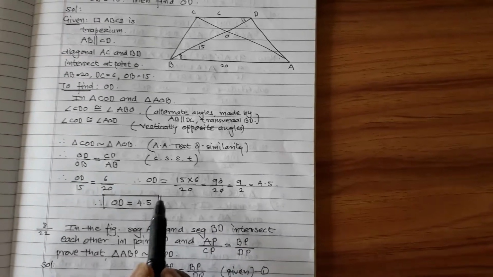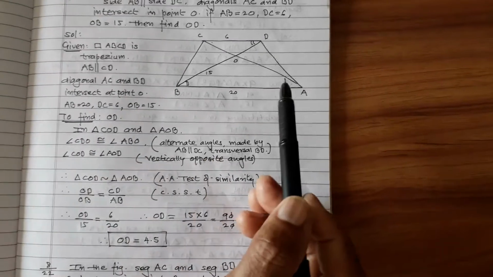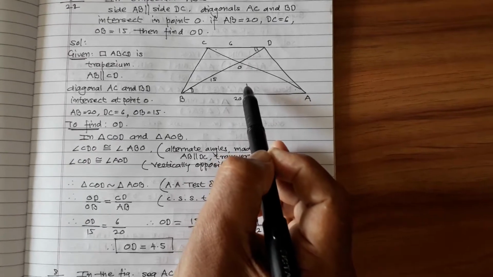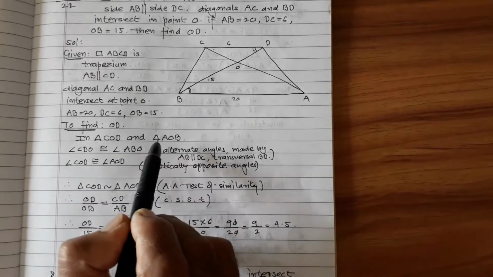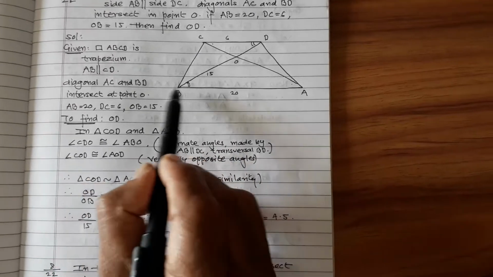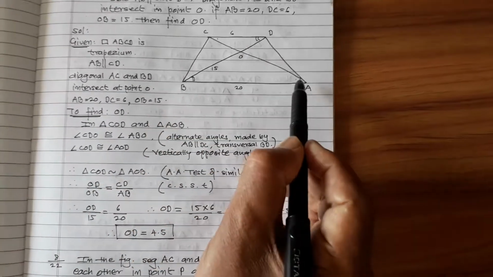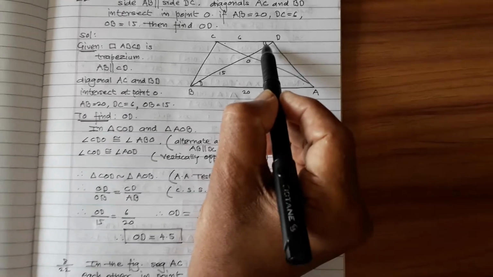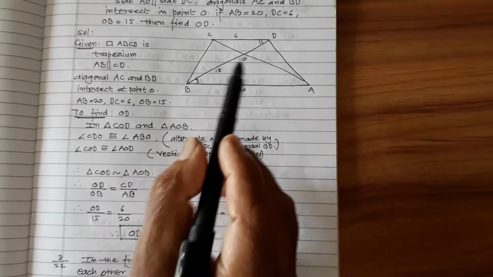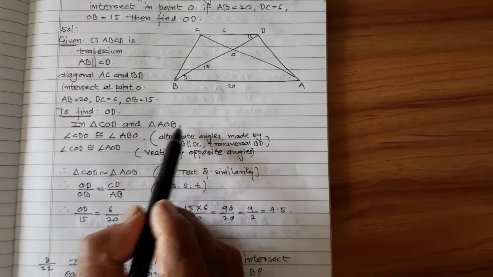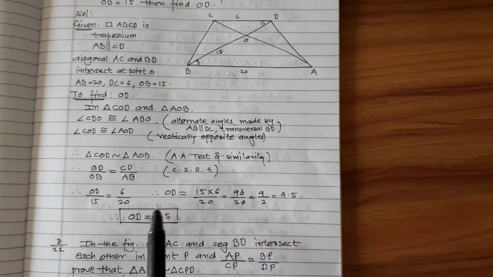Now in this case I just want to give one piece of information. So the question is this: I am taking these two triangles and their correspondence is COD and AOB. I am not taking the other, meaning BOA. Why? Because angle C and angle A are equal, and angle D and angle B are equal, and this is the correspondence. So remember, while you are writing these triangles, write them according to their correspondence. So you will find it easy.